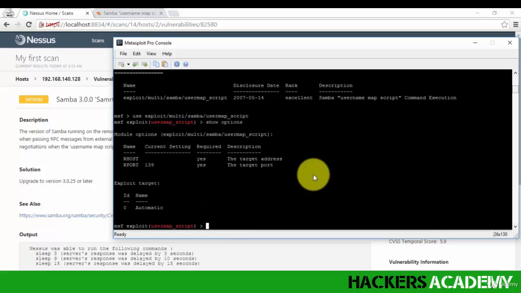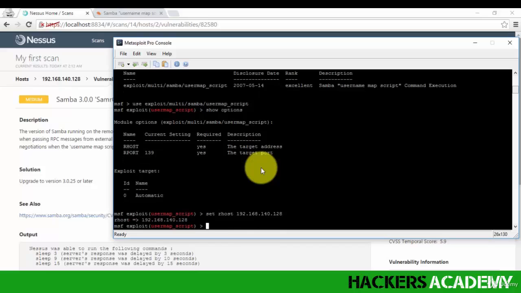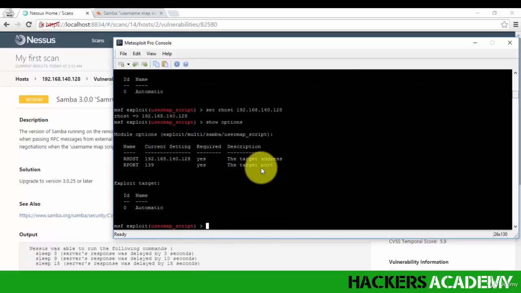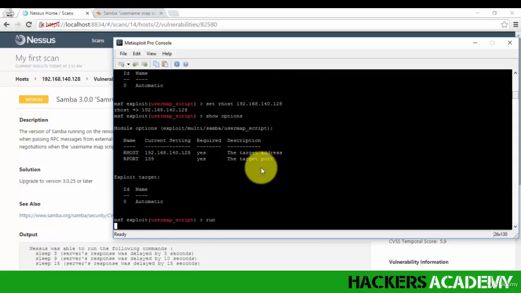And we can see that we have two options we can change: the RHOST, which is the remote host, and the RPORT, which is the remote port. Obviously, I want to set the RHOST to match the IP address of my target machine. The way I do this on Metasploit is I type set rhost and the IP address of the target. I click on show options again, and now I can see that the IP address is set in the field next to the RHOST. To run the exploit so that I can take advantage of the vulnerability, I type run